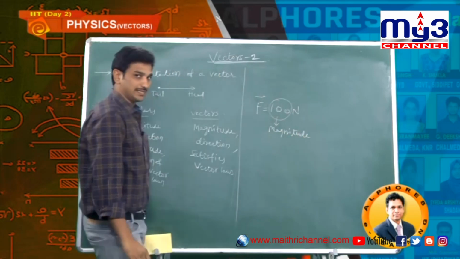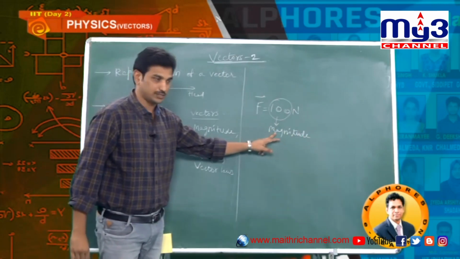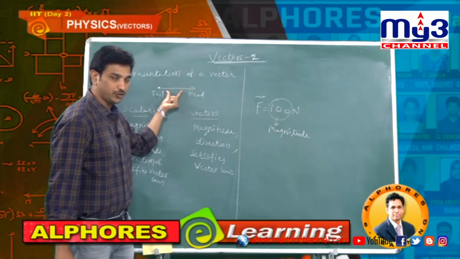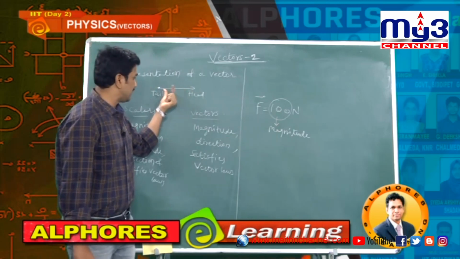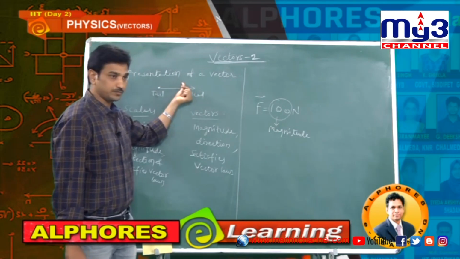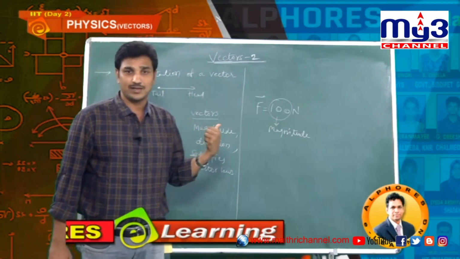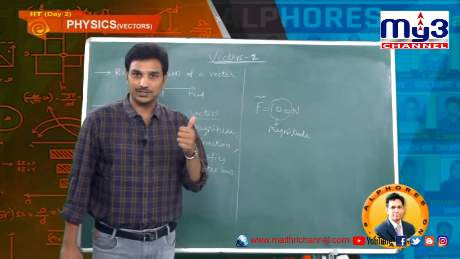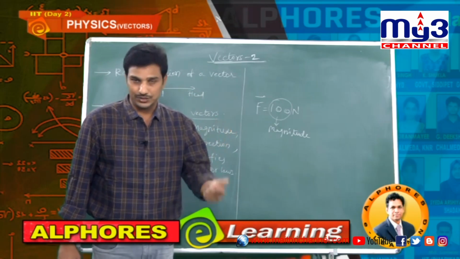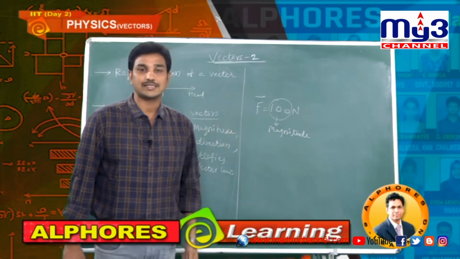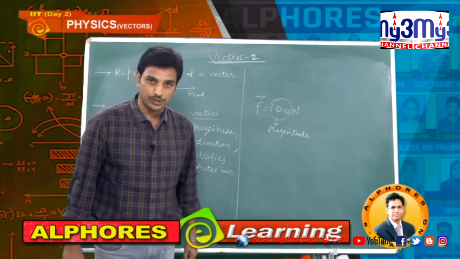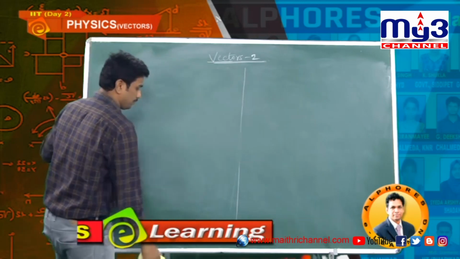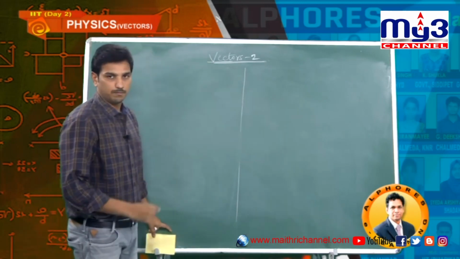Last class also we discussed this point, it's very important for us. In this geometrical representation of a vector, this length indicates magnitude. Yesterday we discussed all this and some more points also. Real vectors and axial vectors we discussed, and not only these two, yesterday we discussed position vector also. I will continue position vector. Please sit with notebook and pen.